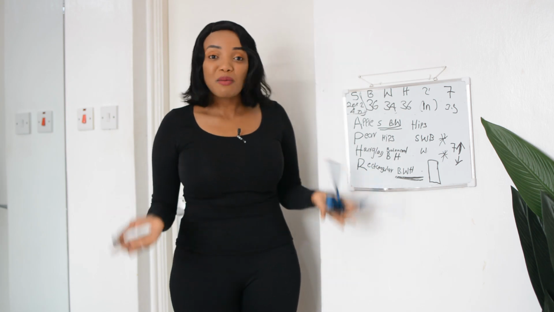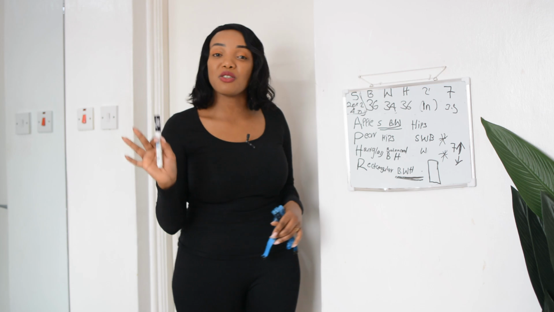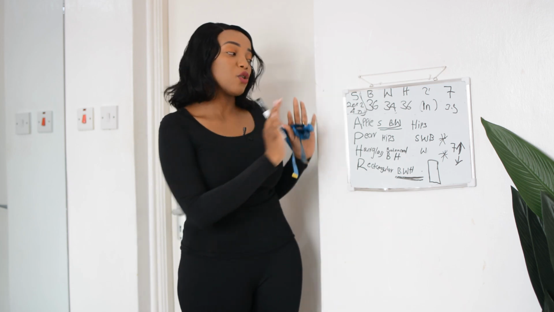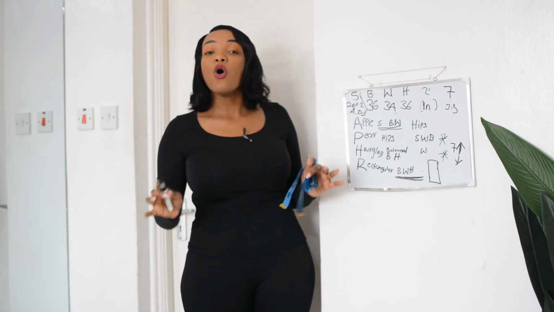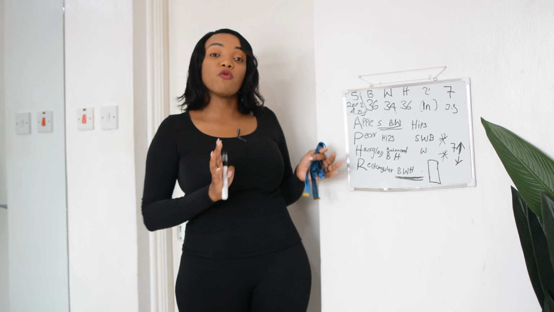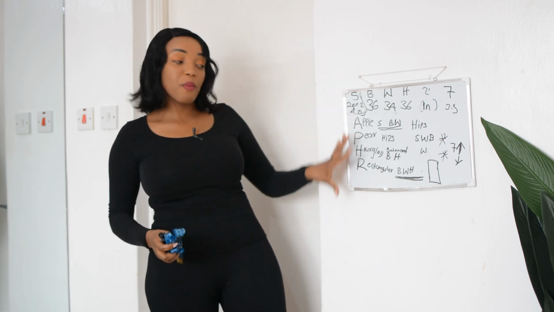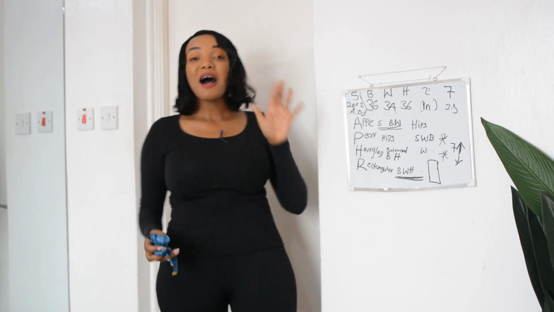Now guys, we come to the end of our lesson today, and I hope you enjoyed it. I hope you have understood everything. I hope this video was very insightful, and I hope it's going to help you know how to determine your body type, or how you can measure your body type to know where you fall when it comes to the 4 main body types, which are the apple, the pear, the hourglass, and the rectangular body shape.